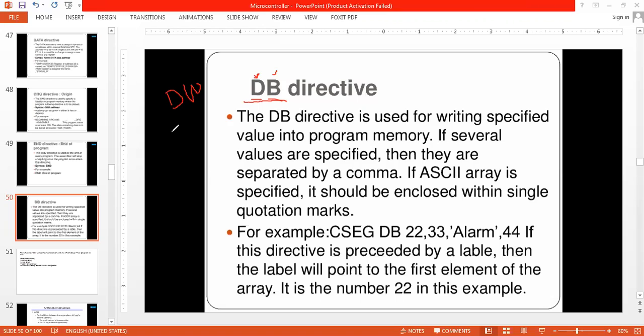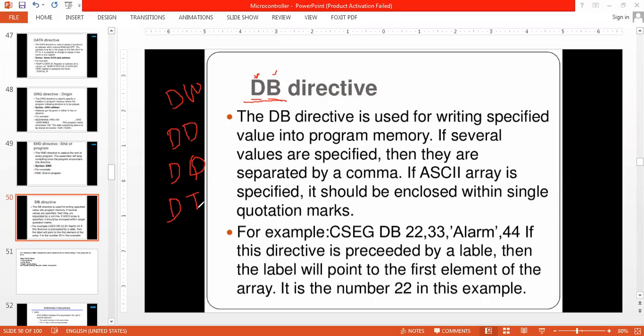Then I can write DD, data with double word. Then DQ, data with quad word. And then the data size DT.